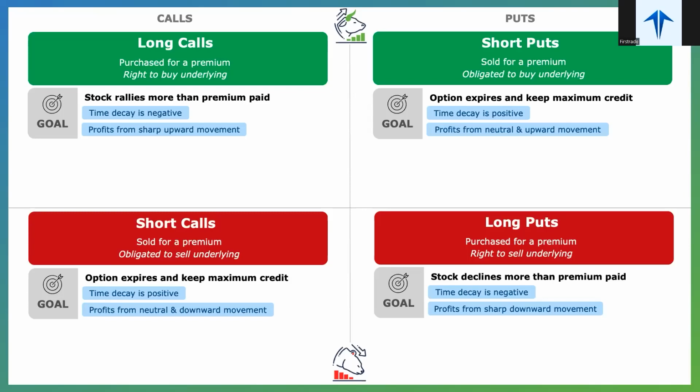So the purpose of this presentation today was really for you to understand the mechanics of long calls and short puts and hopefully put the puzzle really all together. But these are the key takeaways: if I purchase options, I have a strong directional move that I anticipate, and time decay is negative. If I'm short options, I have a neutral outlook and a slight directional bias, but time decay is positive for me. And that's when we take this and now we go on to our strategies and we apply this where